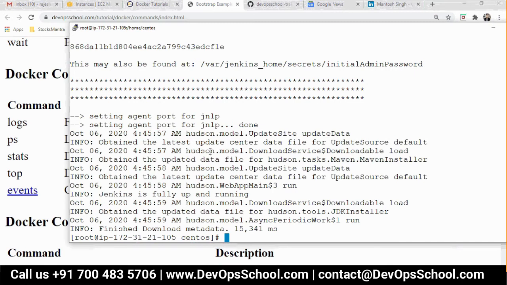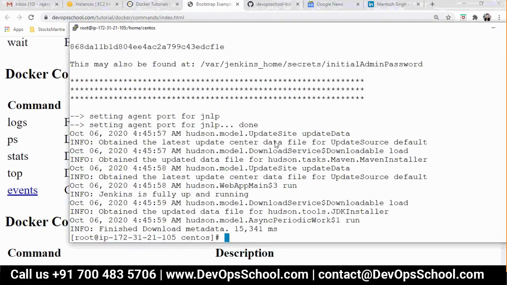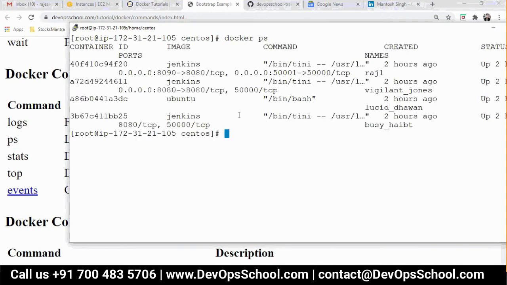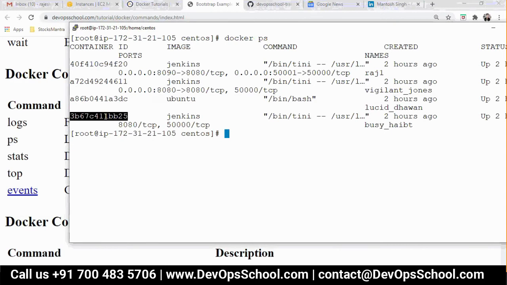Yeah. Okay. Now, guys, the ps command you have already run so many times. It will list out the running containers. Now, what is the stats command? Okay, so guys, right now, how many containers am I having? See here, 1 container, 2 containers, 3 containers, 4 containers. I want to know how much CPU, how much RAM, how much network and how much IO blocks each of these containers is consuming. So I would like to know that. Okay, so how do you know that? So docker stats and enter.